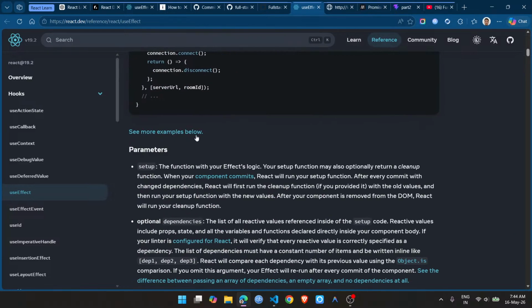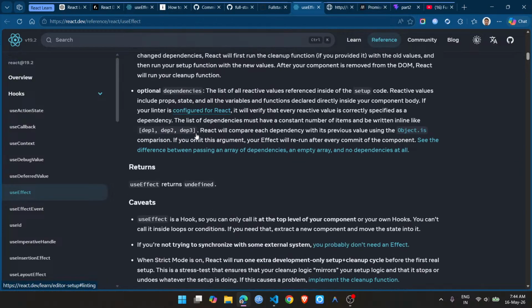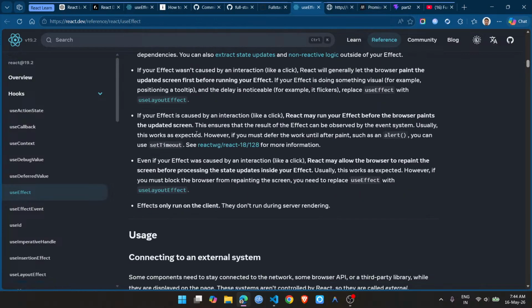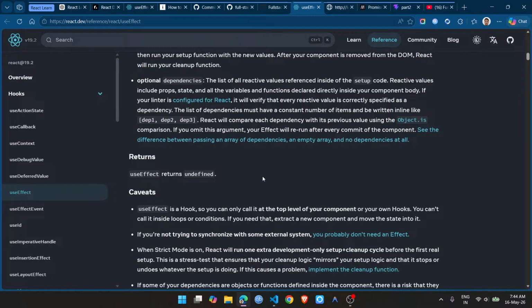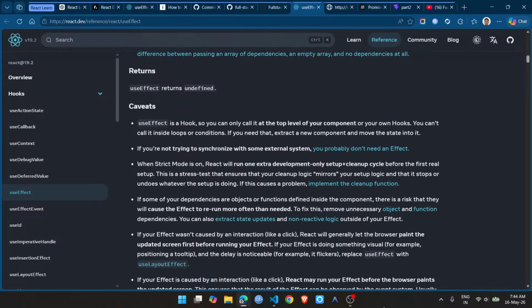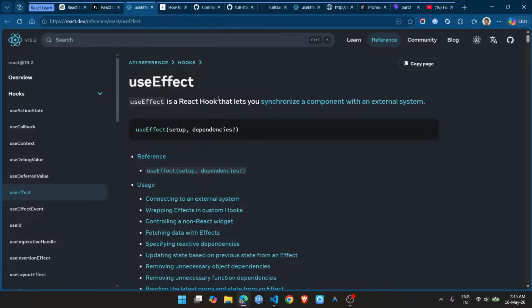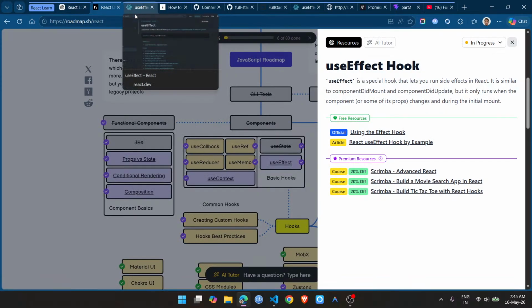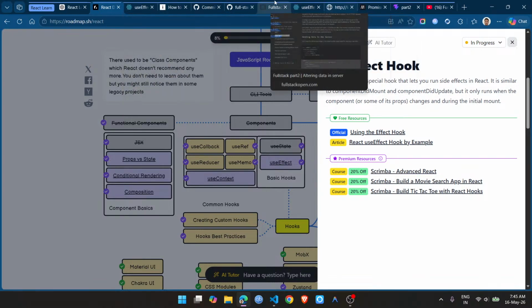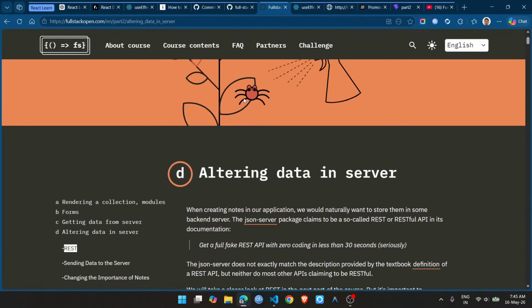Okay, useEffect, useEffect. Okay, so folks, I think I'm going to end this stream today, because I would like to have some time to understand useEffect, and let's do this tomorrow, altering data in